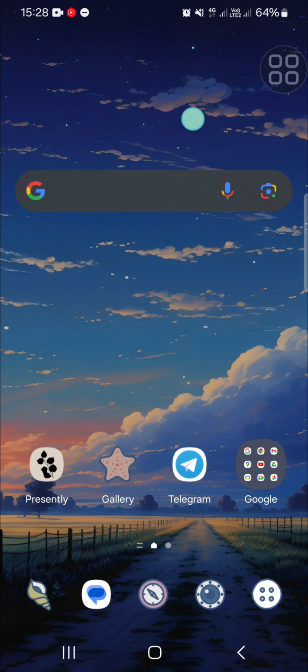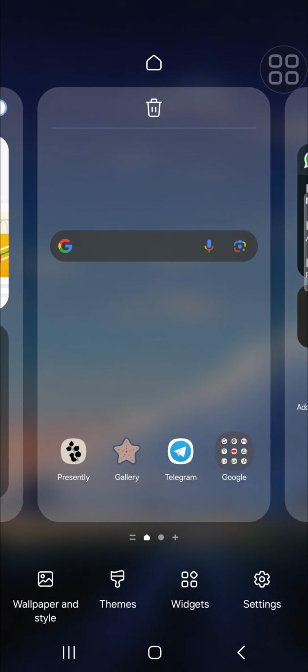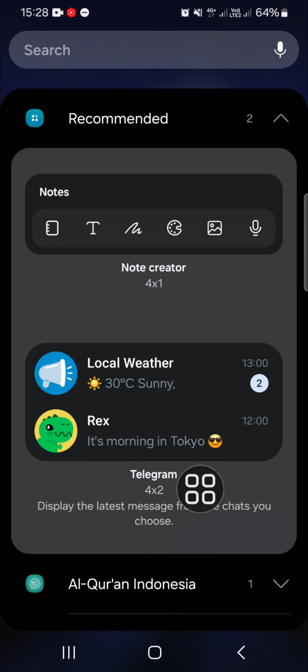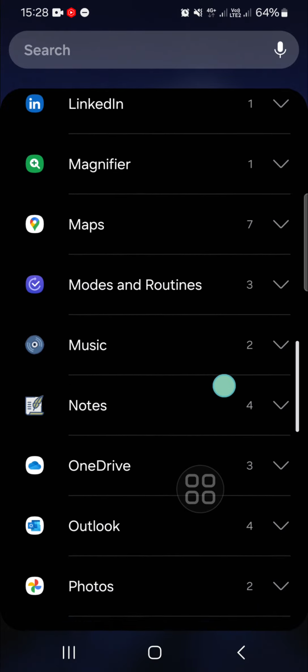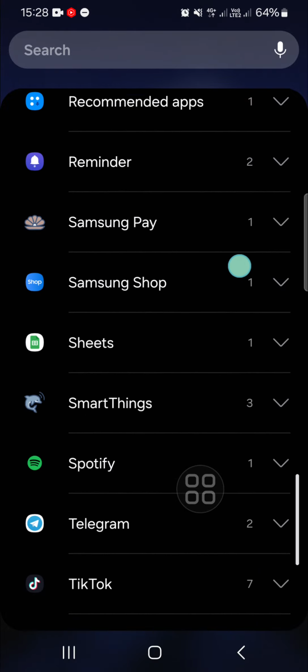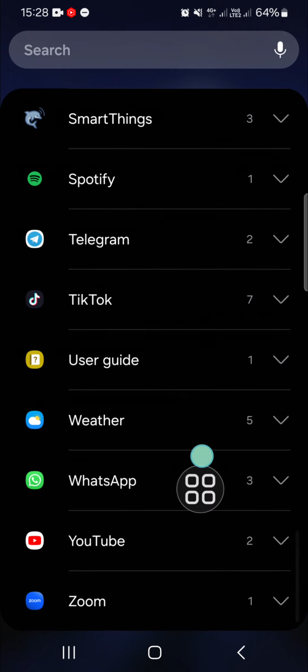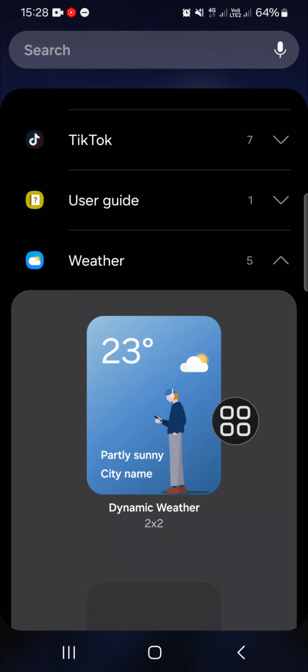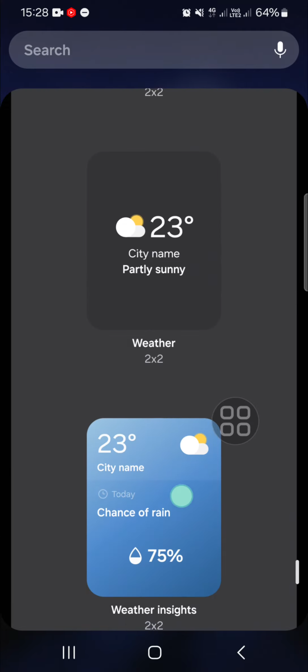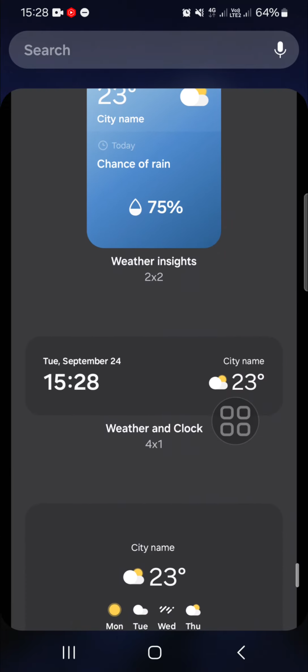You can tap and hold on any empty area of your home screen, and then the screen will look like this, and you're going to click on widget, and here we're going to add the weather widget. You can scroll down until you find the weather widget. This one, guys. Tap on that, and then you can choose the type of the widget you want to add to your home screen. And I'm going to select